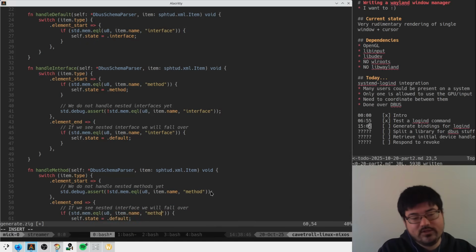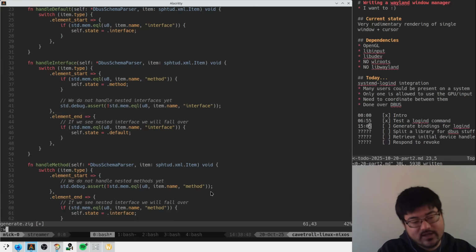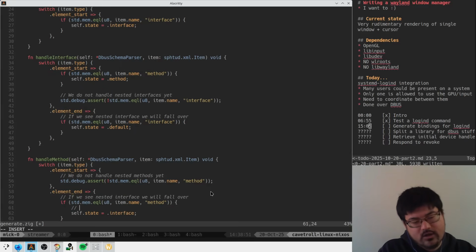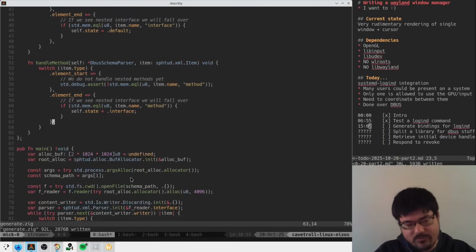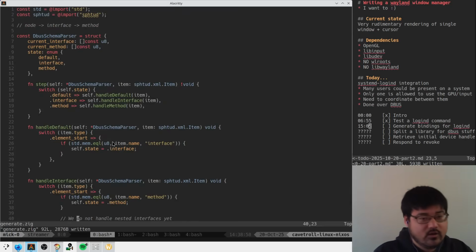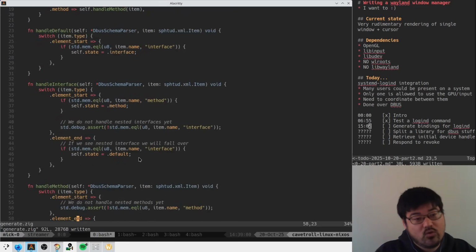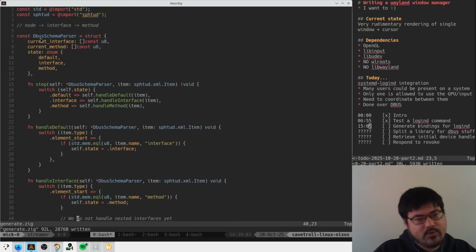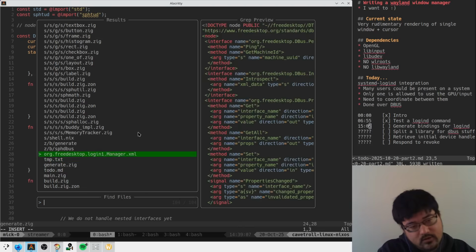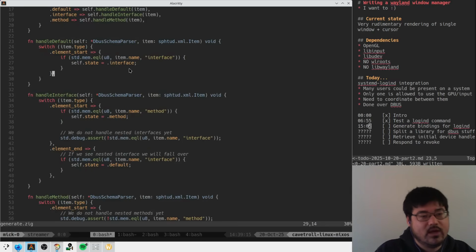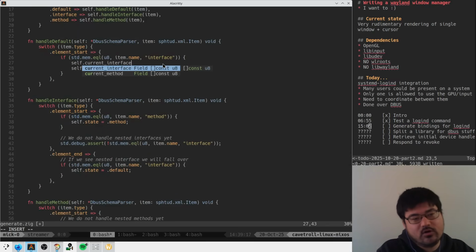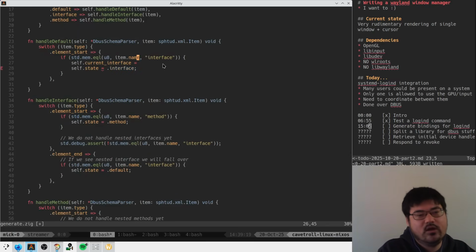Okay. So if we are in method state, we go back to interface on exit, probably. There's probably some better way to do this where we should keep track of where we came from in some more generic way, but this is fine for now. So when we enter interface state, we are looking for the name of the interface, right? So for interface, we're looking for the name property, which is confusing because we also have a name thing on this thing. But when we enter this, we are saying self current interface is, I guess, like